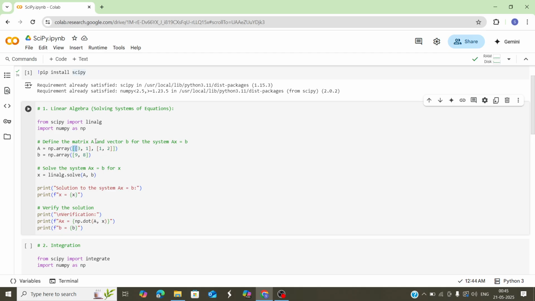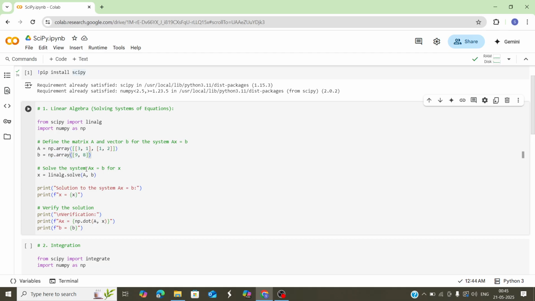We are trying to define a matrix A and a vector B for the system Ax = B. A is a matrix and B is a vector. A vector is a one-dimensional NumPy array, and a matrix is a two-dimensional NumPy array. So the A matrix is the np.array you have created, and the B vector is np.array 9, 8.